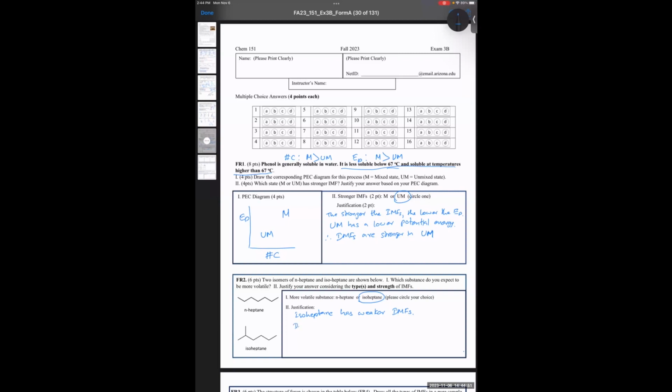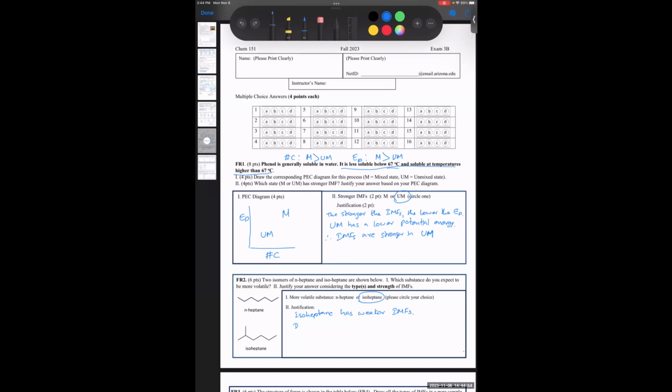We can write: the dispersion forces are weaker in isoheptane because, we can call it branching, because branching